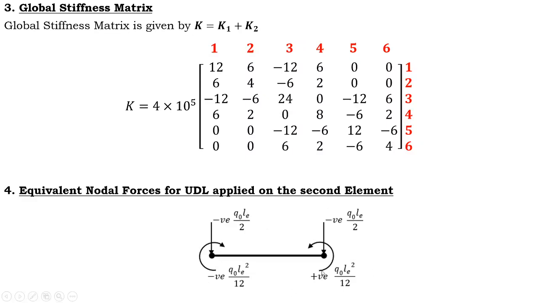So let us take this as an F1, the vertical force which is there on node number 1. Let us take this as an F2, that is the vertical force which is there on node number 2. And this is my M1, that is the moment which is there on node number 1, and this is my M2, the moment which is there on node number 2. Anyhow, my element is applied with the UDL at element number 2. Therefore, the element 2 is associated with node number 2 and 3 here. Therefore, I'll start with this is F2, this is F3, this is M2, and this is M3.